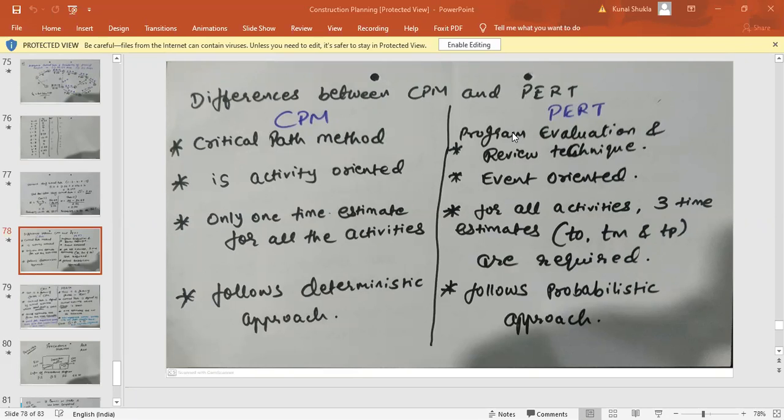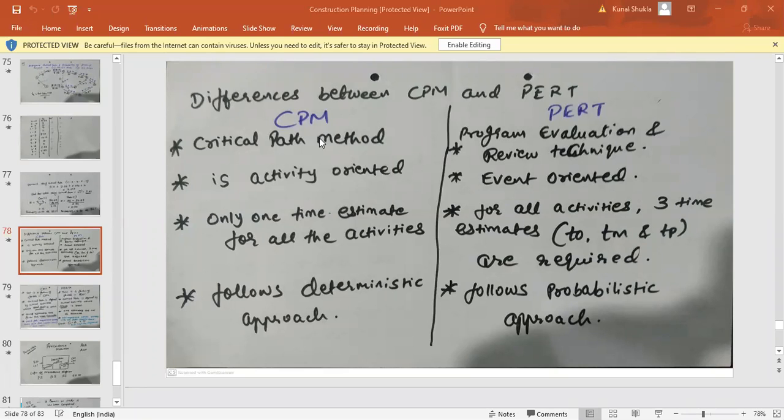So when there is a critical path, you need to have a continuous path starting from the first activity to the last activity. It will be much more clear with the help of the numericals when I solve it, so just wait for that. First let me cover these differences. In the past syllabus this was one of the favorite questions of the GTU exam, that is differences between the CPM and the PERT method. So the first differentiation is the full form, but you should not write the full form in the exam.